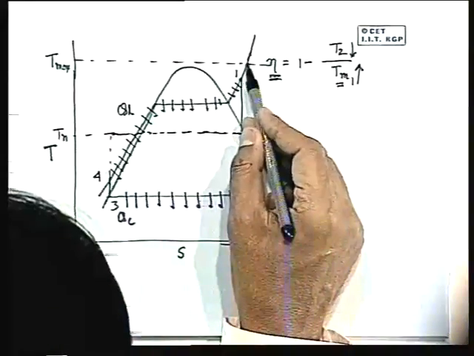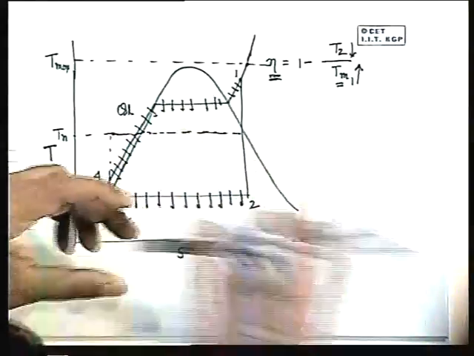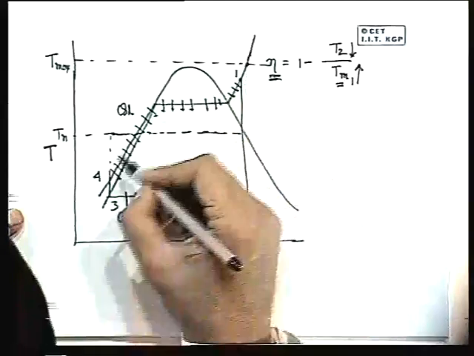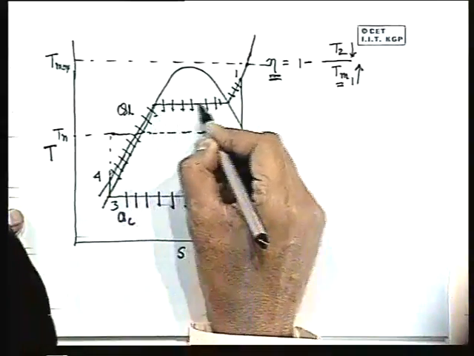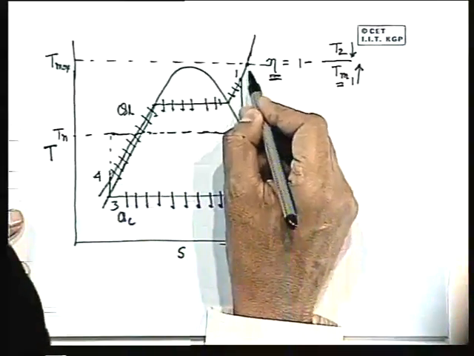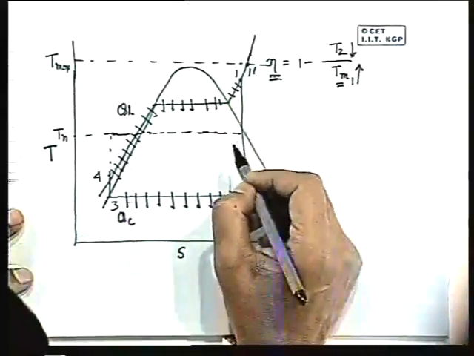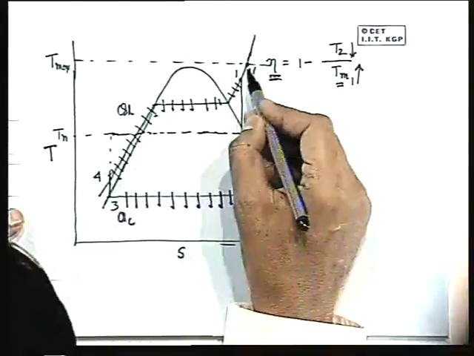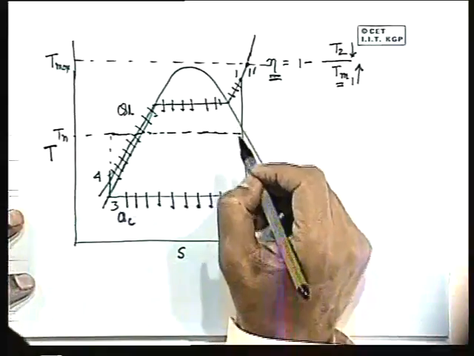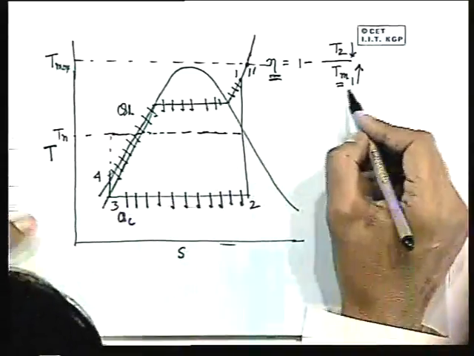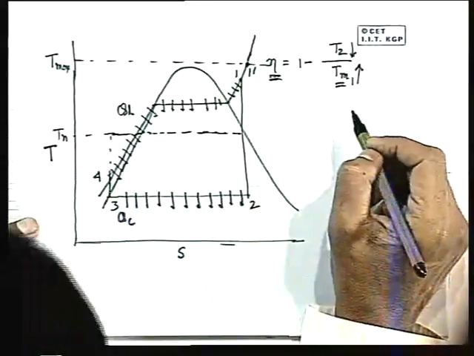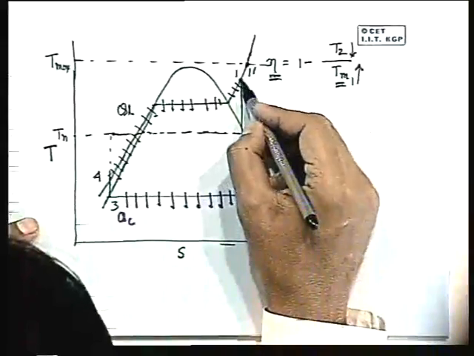Now if this is the temperature, not beyond this, then this is the maximum, this is the mean temperature of heat addition, that means the point will be here, the point is 1 dash. So the mean temperature of heat addition is increased, which is something between 4 to 1 dash. Now if we want to gain more for Tm1, the mean temperature of heat addition, we can have another thing,